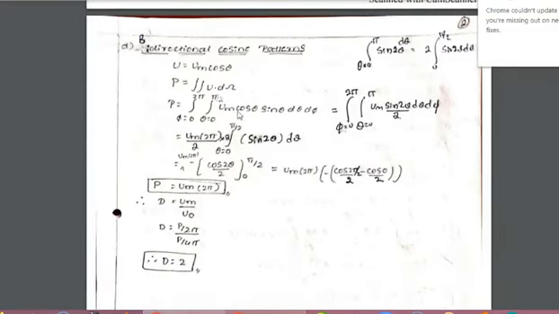So you know cos theta is there here. Bidirectional means obviously you have to consider theta equal to 0 to pi here. In the previous case we considered 0 to pi by 2. Cosine terms here, this one will be taken as common. Phi from 0 to 2 pi, d phi integration will result in 2 pi here. And cos theta sin theta could be written as sin 2 theta divided by 2. That 1 by 2 constant will be taken outside.